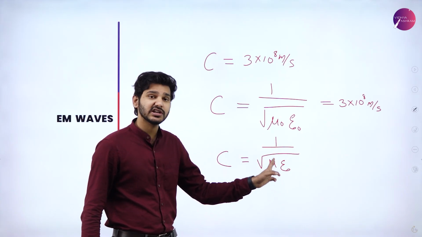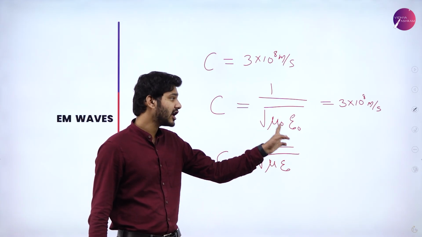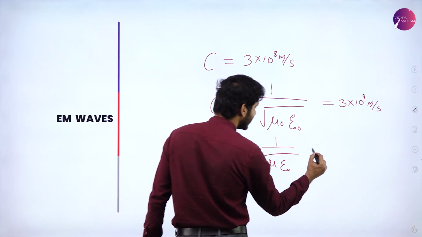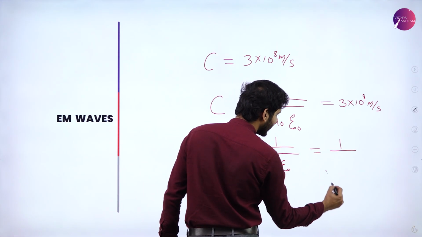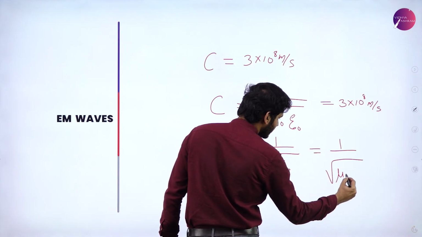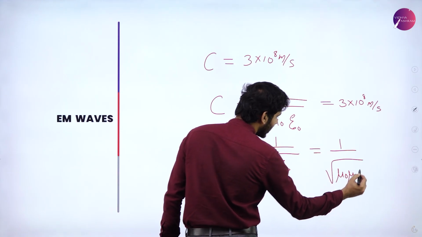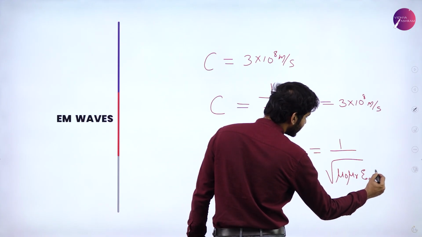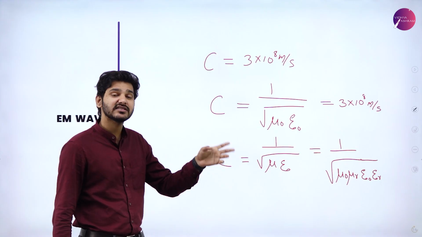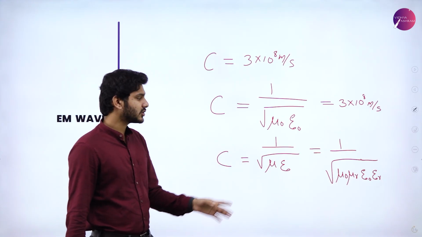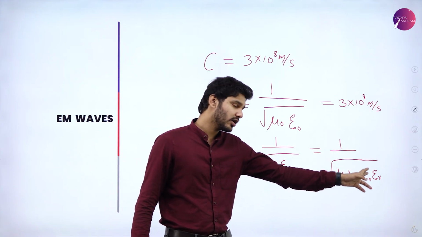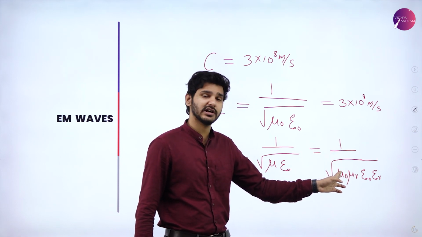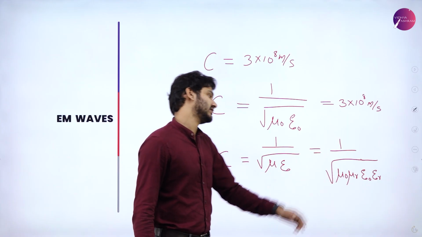But this particular equation again can be represented using mu naught, epsilon naught and relative permeabilities. So I can write this equation as 1 by root of mu naught into mu r, which is relative permeability, times epsilon naught into epsilon r, which is relative electrical permeability. So again, we can either use this one or you can use this one. The use of this particular equation is that,